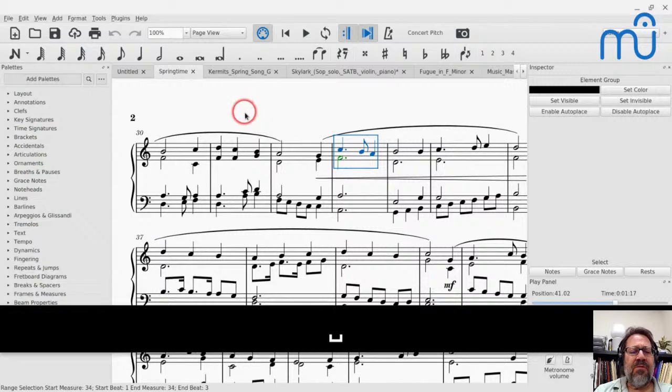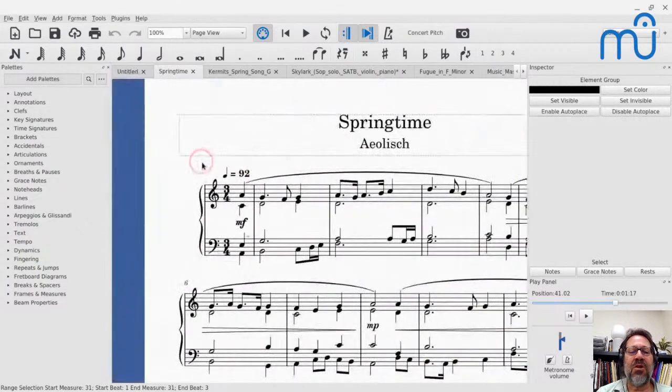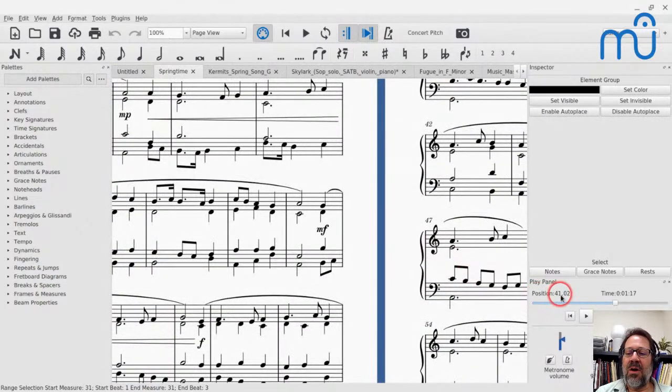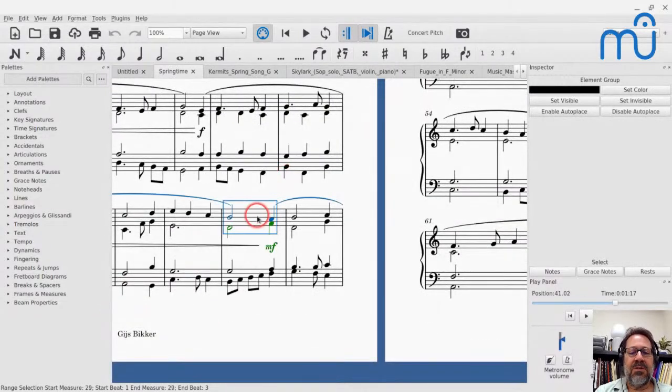I think actually it was before measure 36 was the actual spot. Yeah, because actually, okay, so the number that's showing here under position is different. I guess, what is that? I don't even know what it is, but it's different than the measure numbers that I'm seeing here. So I was going by what I saw on position in the play panel. So I'm going to start it earlier because apparently